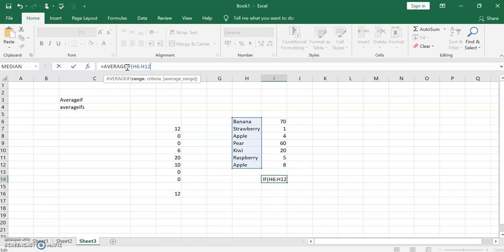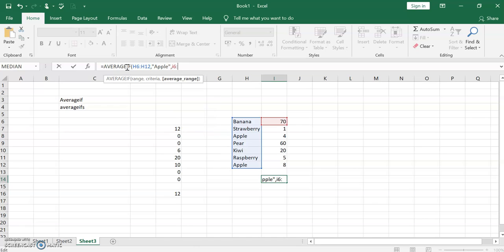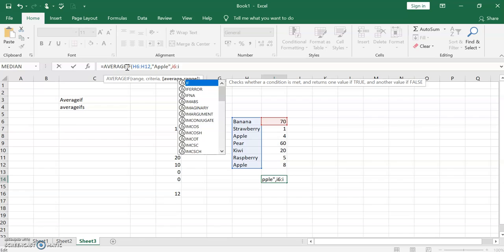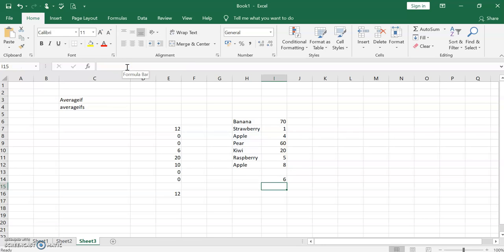This is one range I selected. I just want to find the average for apple alone, so this is my criteria. Then I have to give the average range, which is I6 to I12. I close it. The criteria is apple, so it will give only 6. That selects the average of apple alone. So that is AVERAGEIF.